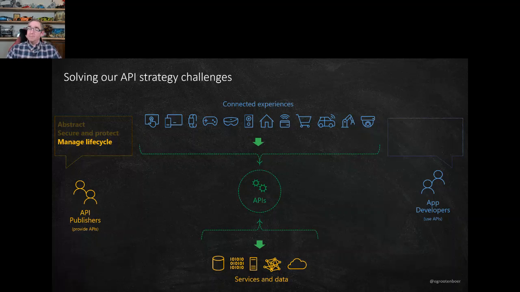So I can make sure that people are starting to use my new API. They are starting to actually shift over. So I should see the usage of my old API go down and usage of my new API go up. And then at some point I can say, okay, everyone is over. I'm now going to switch off this v1 endpoint. I'm going to throw out the backend service, and then it's done.